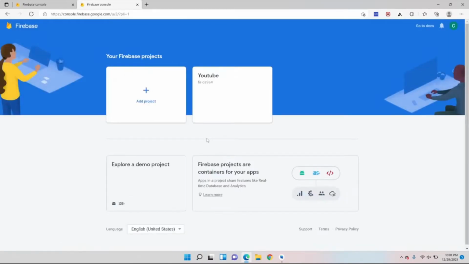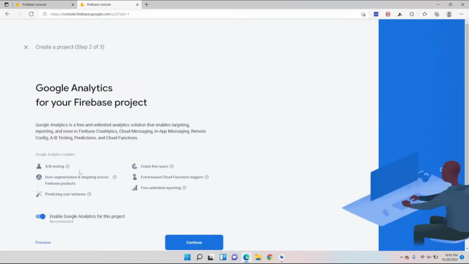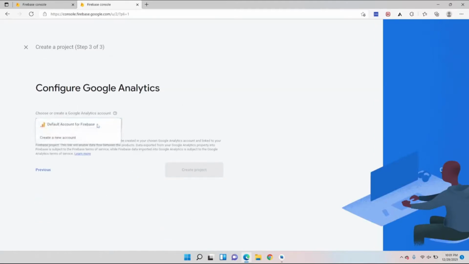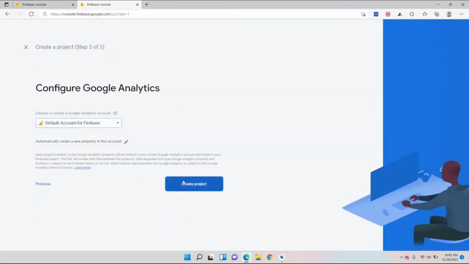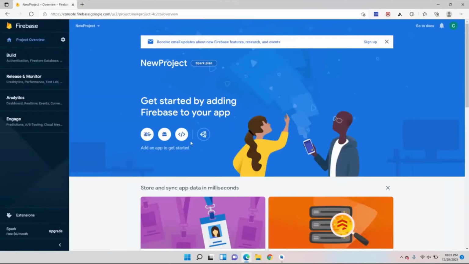So we have to sign in with our email ID, create a new project, and enter a random name, whatever you wish to. I'm keeping it as new project, and then just hit continue. With the select an account, you have to click the default account, and now it will take some time. Here I have fast forwarded the video so that it does not take much time, and we'll hit continue at the end. And now our project is set up.